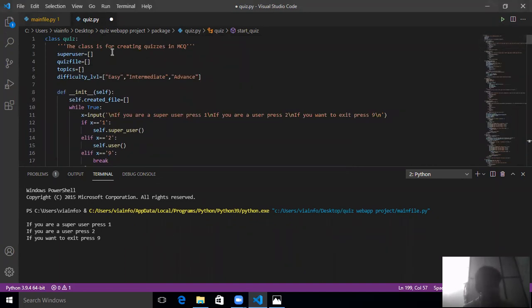I have created a super user in this. I have created super user of class attribute, and these are class attributes. You can see that it's a super user. Now, when I initialize the function,